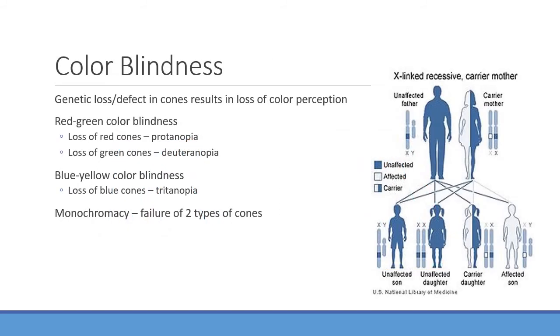Okay, so the question is, what about color blindness? What's happening with those patients who have color blindness? Well, essentially, they're having a deficiency in those cones that are available, and so you can have a deficiency in one type of cone. You can have deficiencies in multiple types of cones. In some cases, it may be a minor deficiency. In some cases, it might be they have none of those cones available, right? And so again, you have gradations of color blindness that occur here.